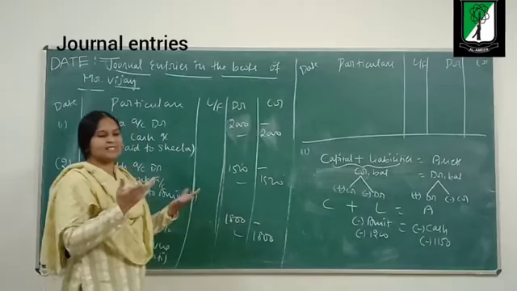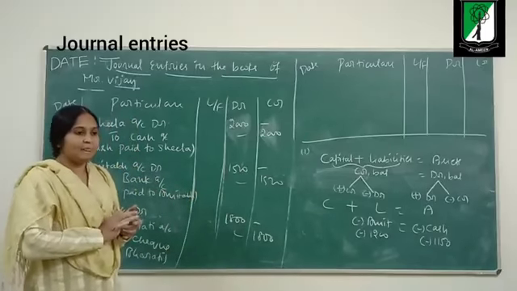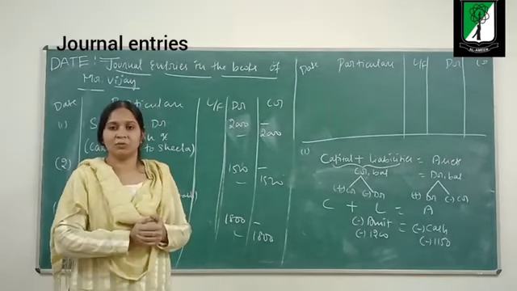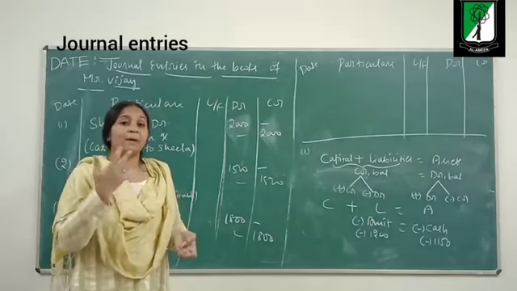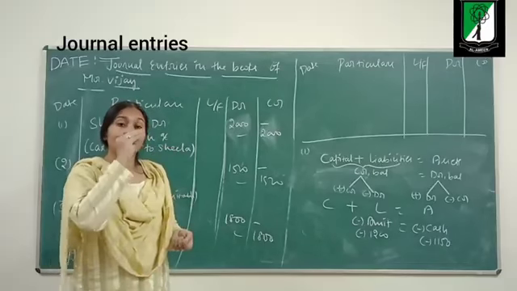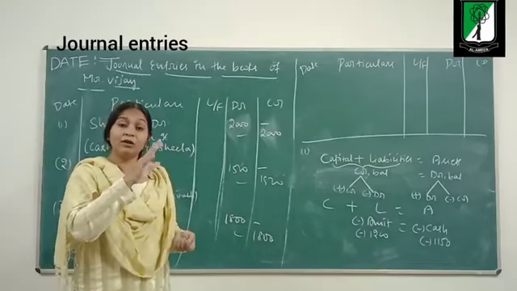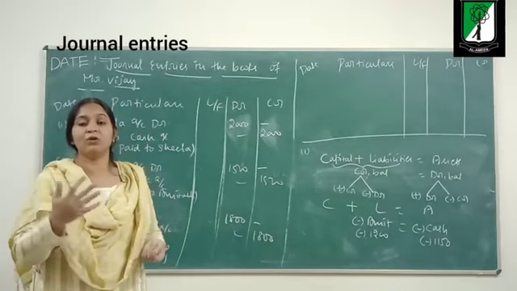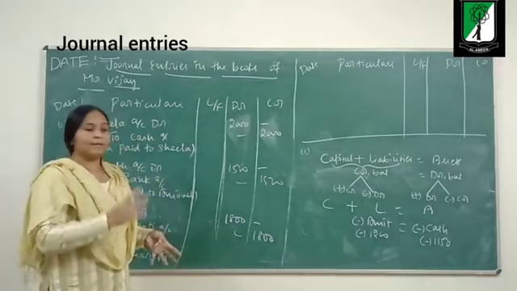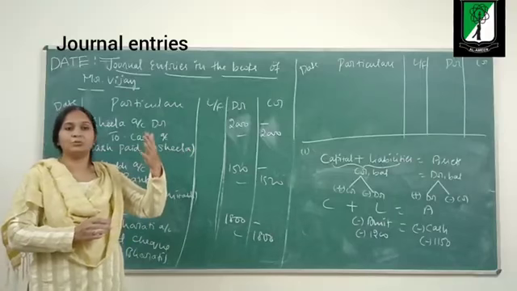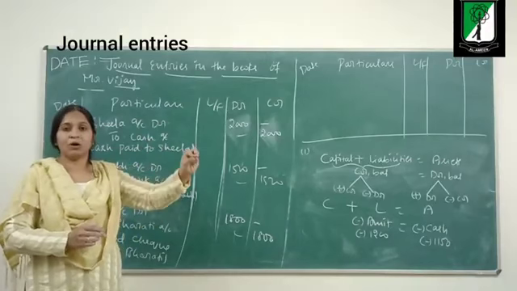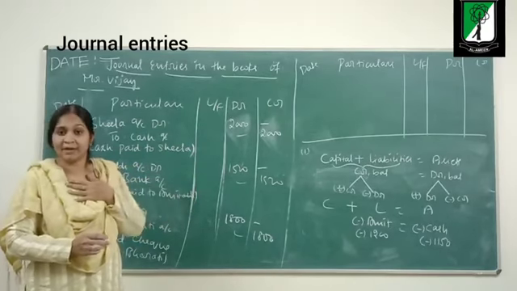For example, when you purchase goods on credit from the supplier, I have purchased goods from the supplier on credit and have promised to make payment after 2 months. But before 2 months, I am planning to make payment, provided he gives me discount. I am ready to pay him the money before completion of the 2 months. So what happens? He will tell me, before completion of the maturity period, you are making me payment, I will give you discount of 50 rupees. He is giving me discount.